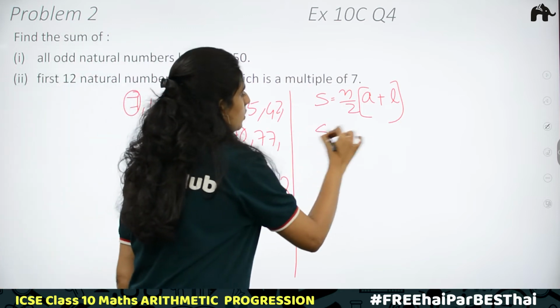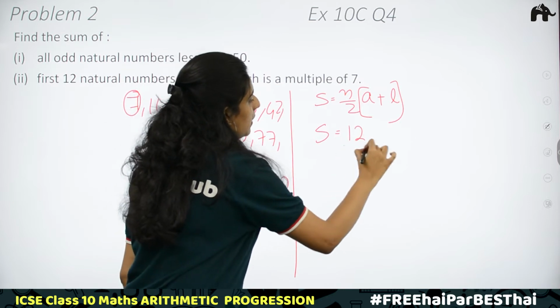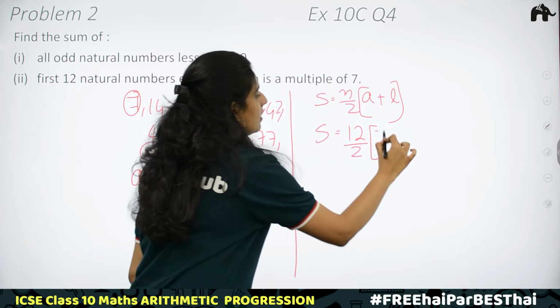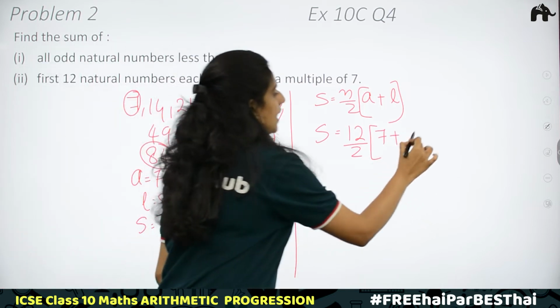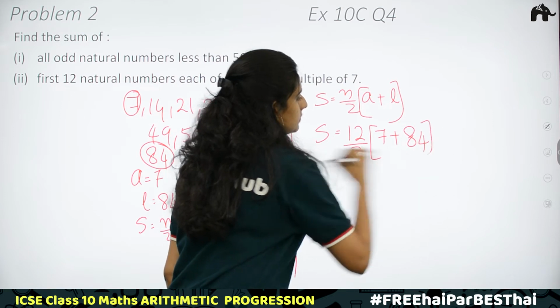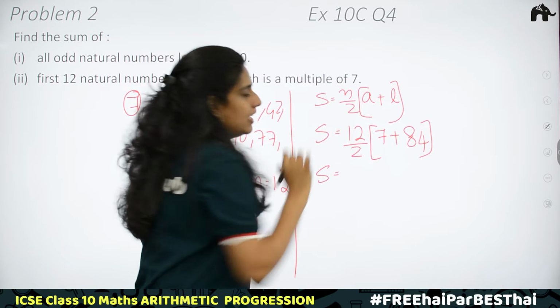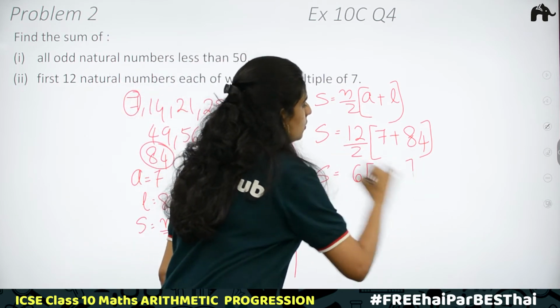S is equal to, what is n? n is 12. 12 divided by 2 into a plus L. a is 7 plus last term L is 84. S is equal to 12 divided by 2 is 6 into